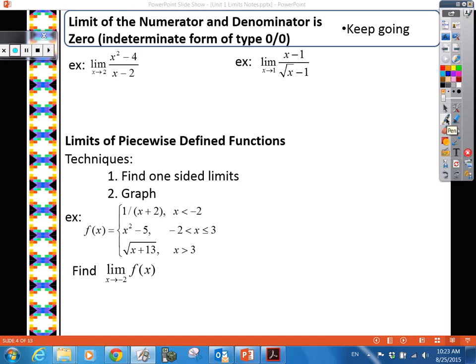So 0 over 0 is an indeterminate form. The reason it's called indeterminate is because, right, our English people in here, you can't determine what it is. It's indeterminate, right? And 0 over 0 is the most kind and gentle indeterminate form. We love 0 over 0. We are going to learn some more indeterminate forms that are even more exciting, but not as kind and gentle